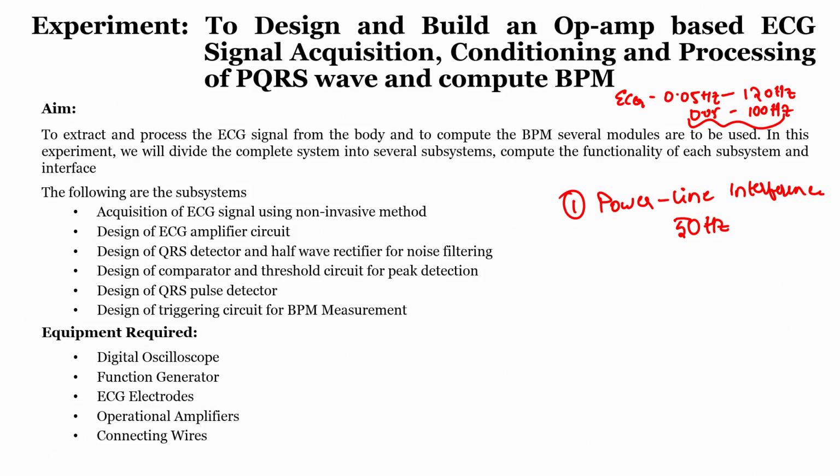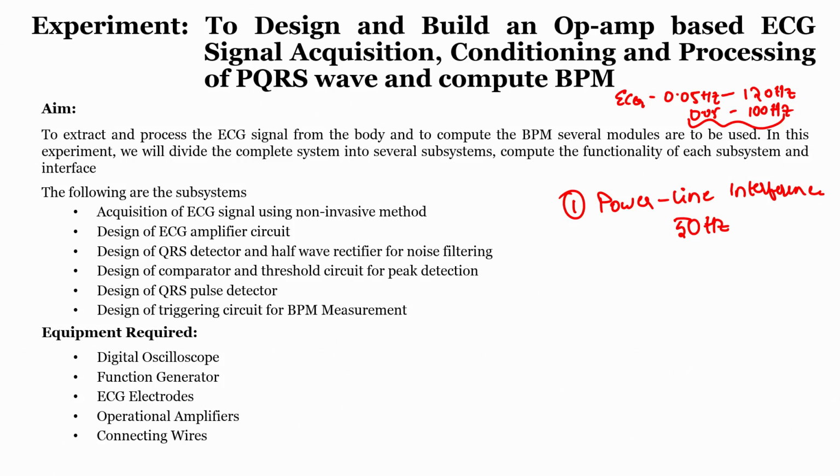So, if I want to remove the frequencies greater than 100 hertz, that means the odd multiples 150 and 300 hertz of our power line interference, I can simply pass the signal through a low pass filter, so that frequencies greater than 100 hertz cannot pass. Other than the 50 hertz component, the other odd multiples of the power line interference can be completely filtered out.